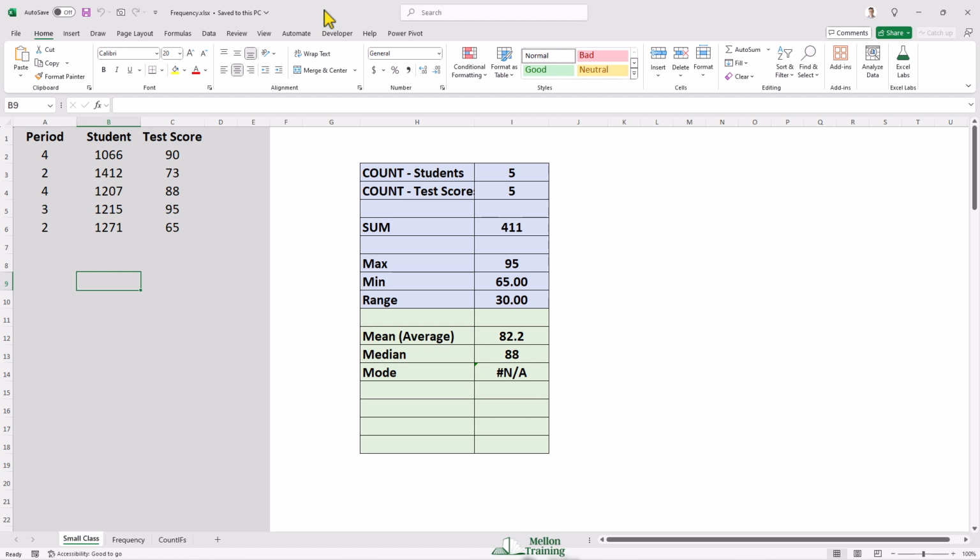Okay, let's get started. Click on the small class worksheet. So what we have here is a really small data set. As we see right here, 5 test scores. We don't really need a frequency table, do we? We can tell that there's one exam score in the 60s, one in the 70s, one in the 80s, and that there are 2 in the 90s. The issue is that we have 221 test scores, and putting those into buckets of 90s, 80s, 70s, and so on